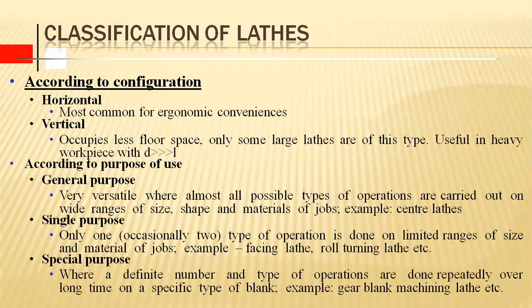They are horizontal and vertical. Most probably, horizontal plays a major role in almost all of the industrial sector, and vertical is used very rarely, for occupying less floor space